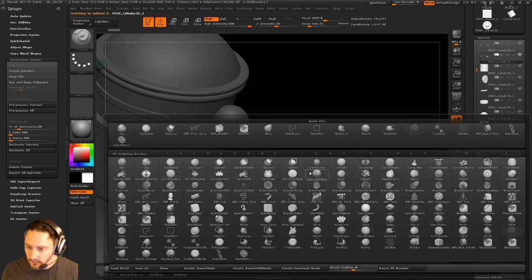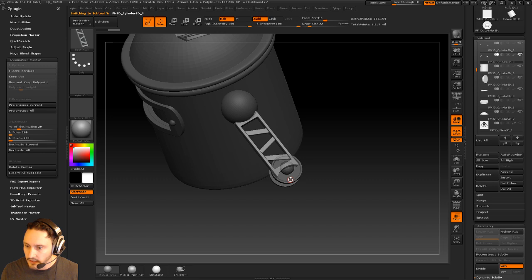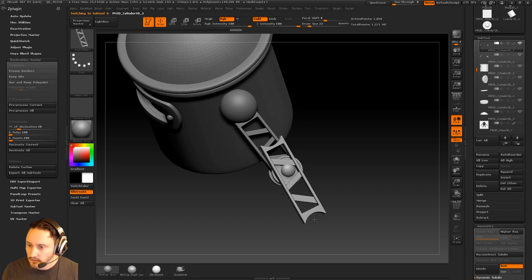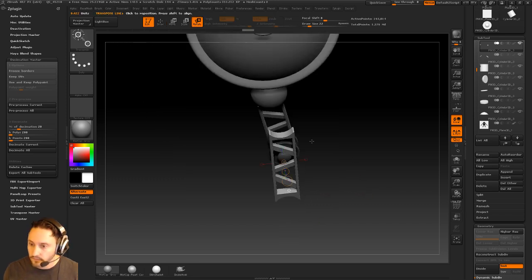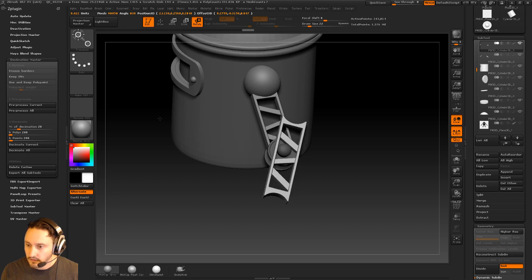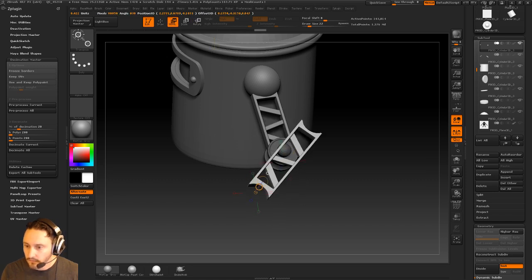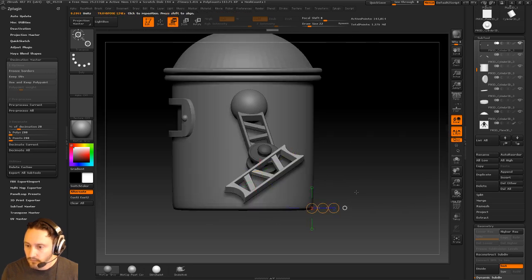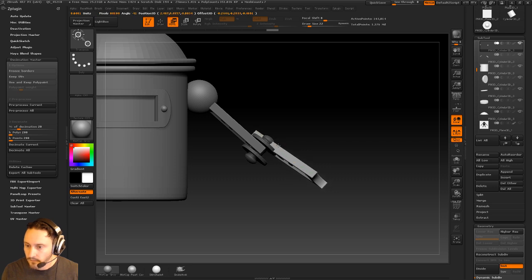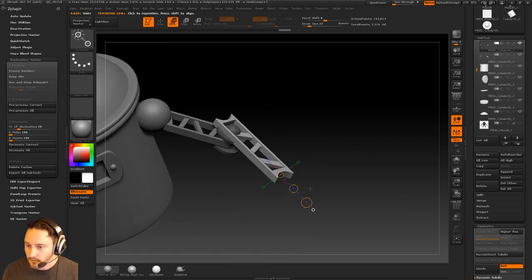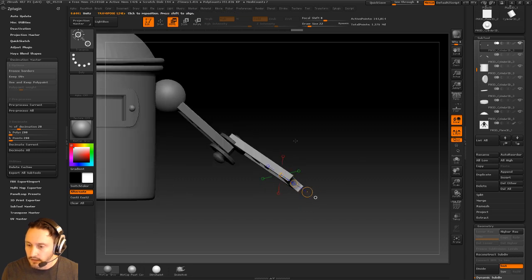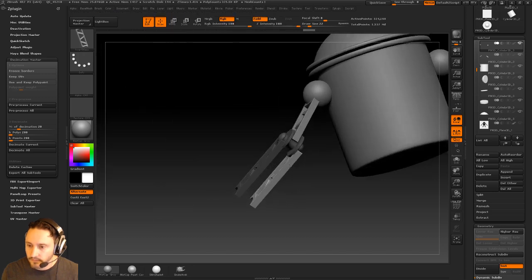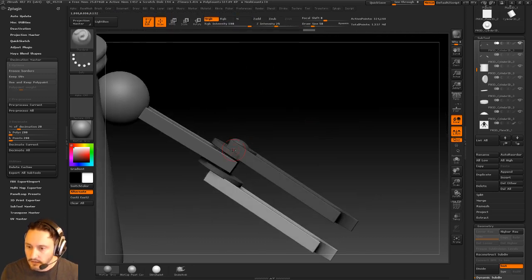I'm going to go ahead and go back to my original brush here. And we'll go ahead and drag it out on this one here. And we can go ahead and rotate it around. Surface normal. There we go. And then maybe we could even double it up. Let's see how that looks. It's a little bit wide. Let's see if we can